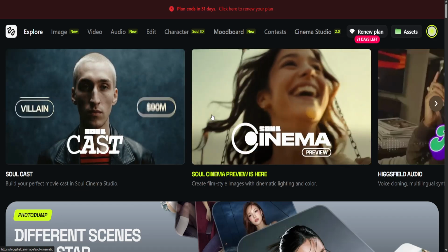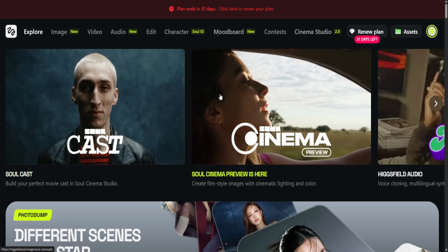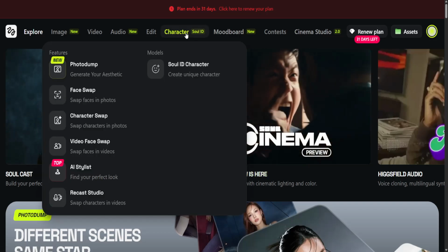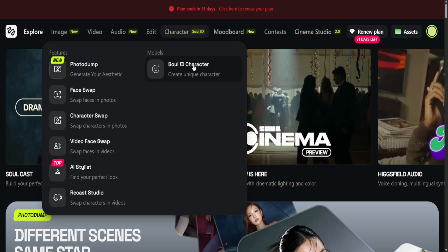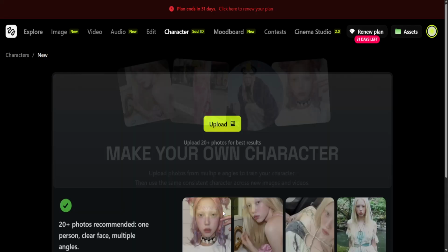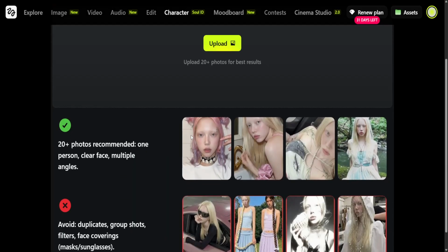How to create consistent characters in Higgsfield AI. Once you are on the home page, you want to hover over Character, and here you will see Soul ID character, create unique character. Now click on Create Character from here, and for best results you will need 20 plus